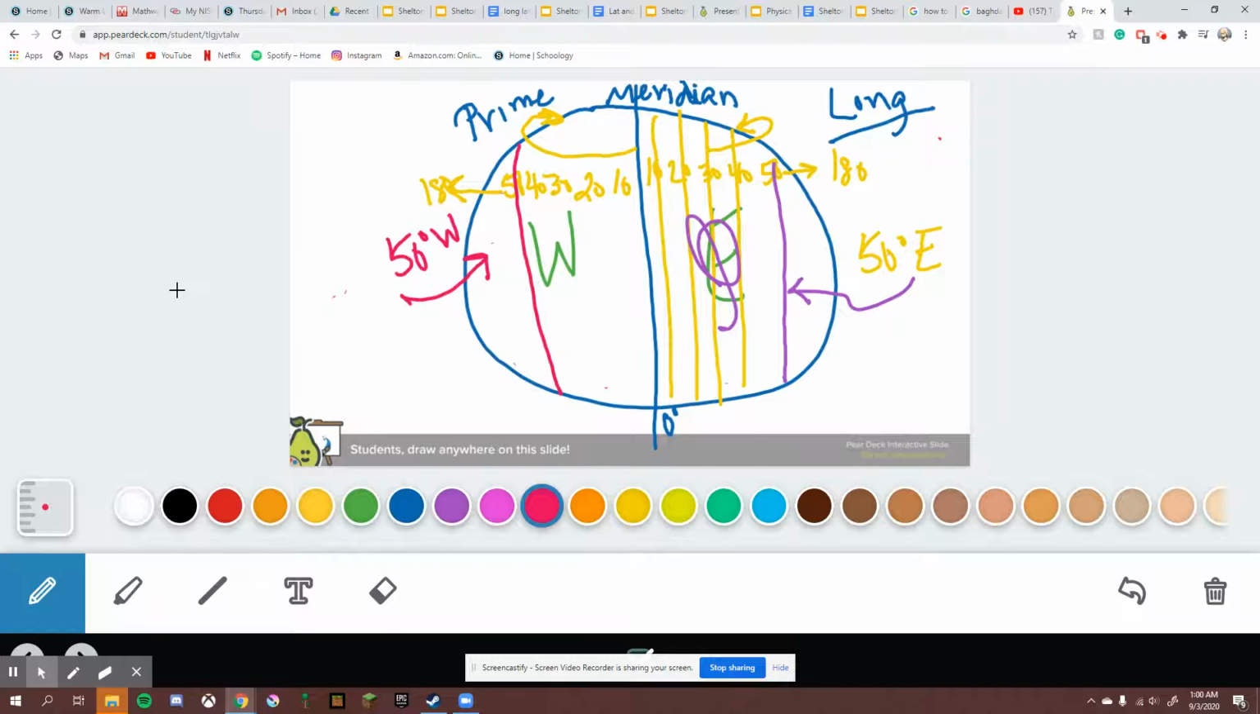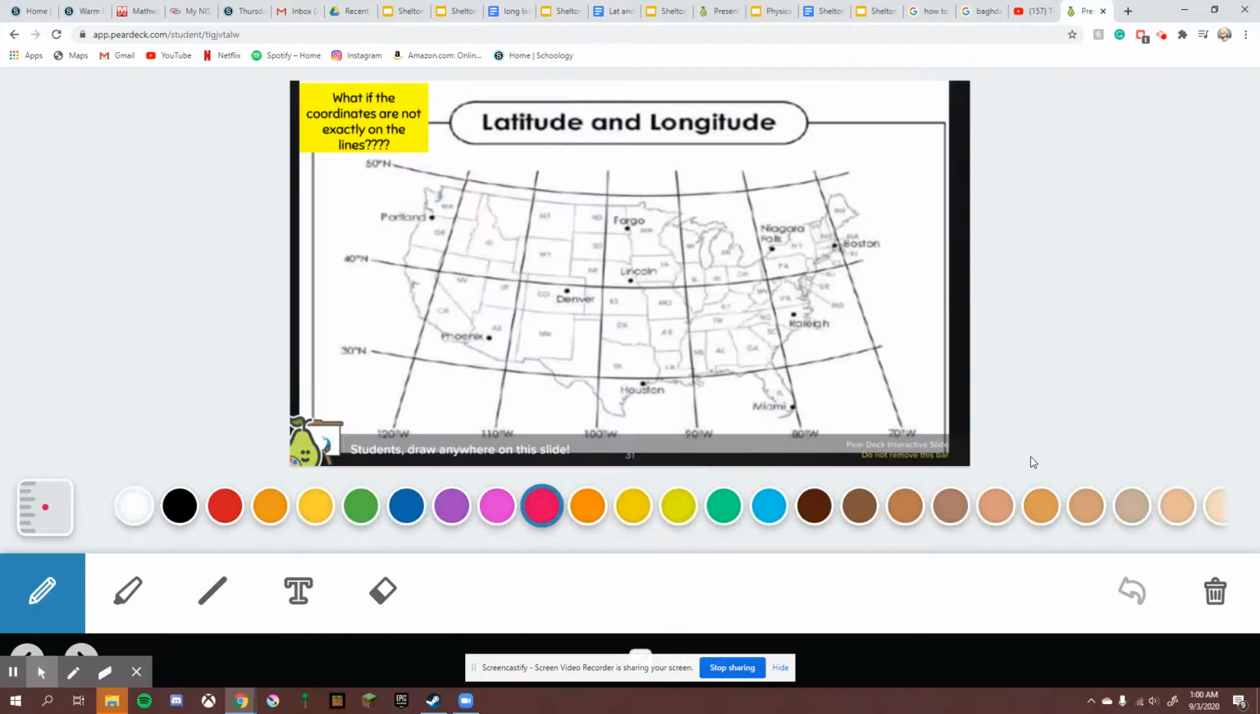All right, so this is a basic general idea of what I want you to understand as you're going forward in learning latitude and longitude. Now, one more thing I want to talk about. What if you're doing coordinates and they're not even, like they're not 10 or they're not 20, they're in between. What if you get a coordinate, let's see, where are we right now? This is in the United States. So what if we get a coordinate that is